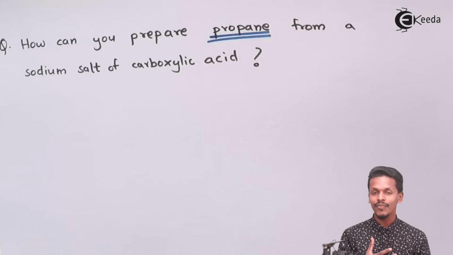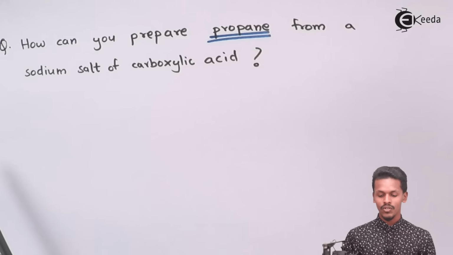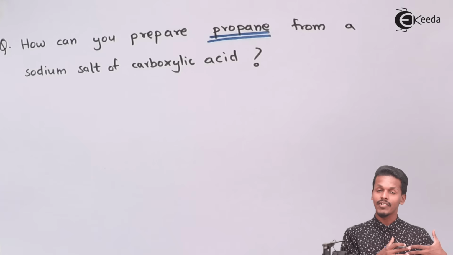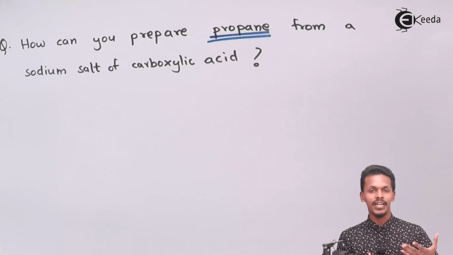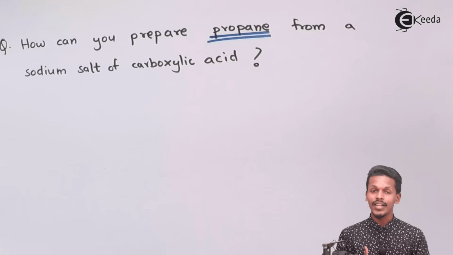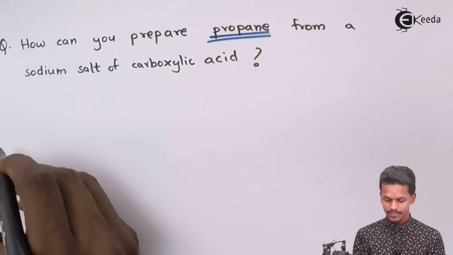So let us do that. How can we do it? See, the total number of carbon in propane is 3. So now, because we are writing the sodium salt of its carboxylic acid, where it will contain one more carbon atom, we could write it as